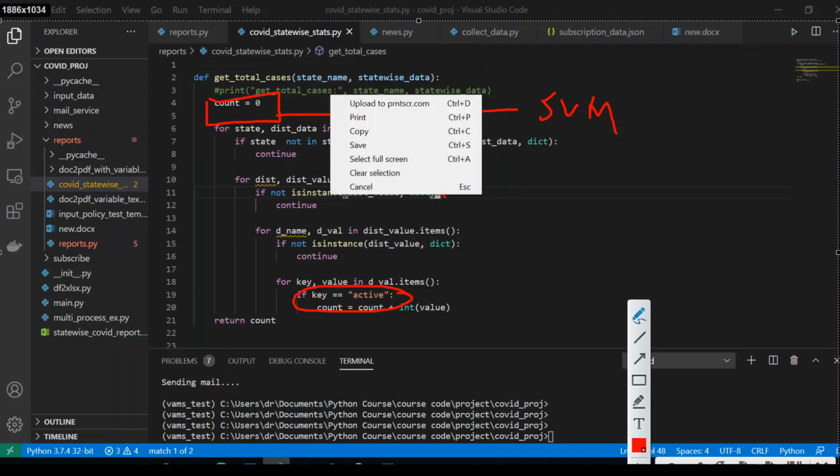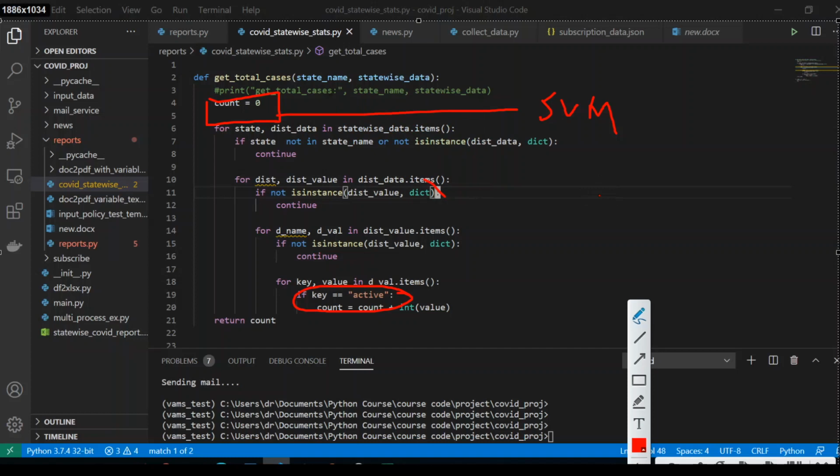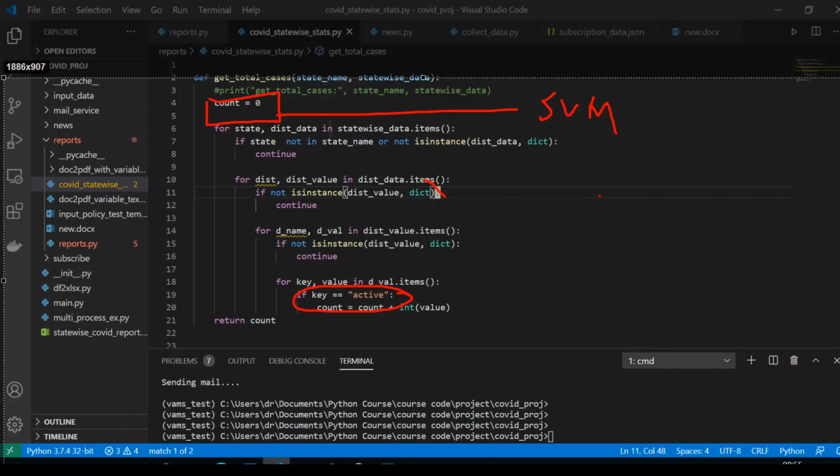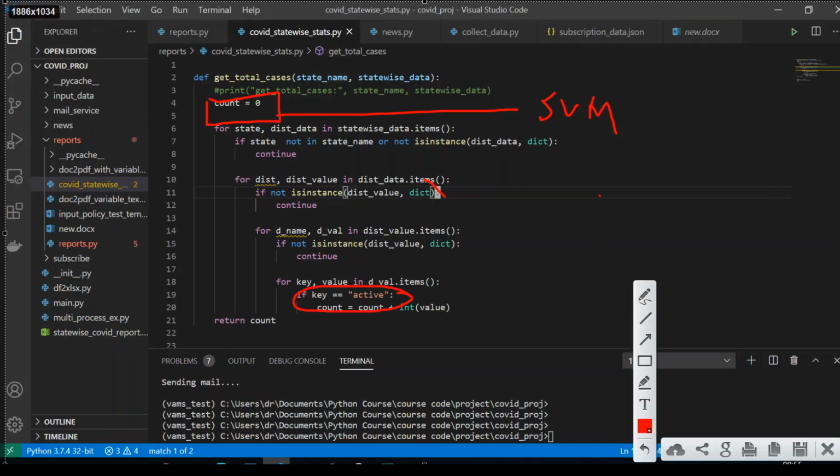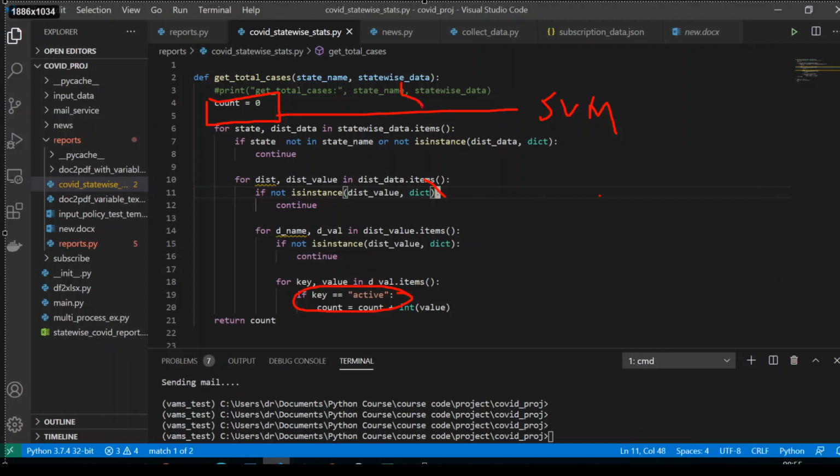We are also taking another argument, which is a dictionary coming from the API JSON data. We have already converted that to a dictionary yesterday, and then we take this state name and look for that particular state inside that dictionary, and then we traverse through it and collect the active number of cases.